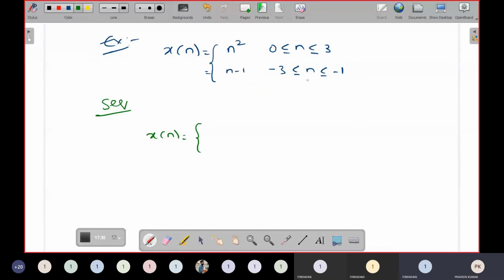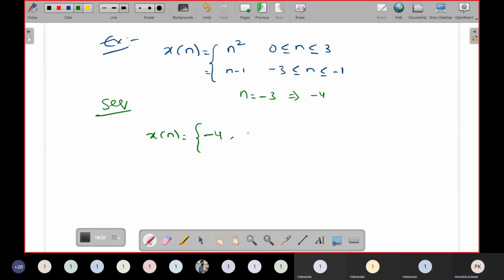Okay, in the sequence representation, what is the first amplitude I need to write for this signal? -4. So you should start from the lowest time integer. For this case, n is equal to -3. At n is equal to -3, amplitude is -4. Okay, who gave that answer? May I know the number? 103. Thank you, ma'am. The first value is -4, which is at n is equal to -3.